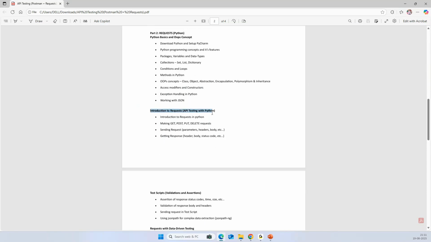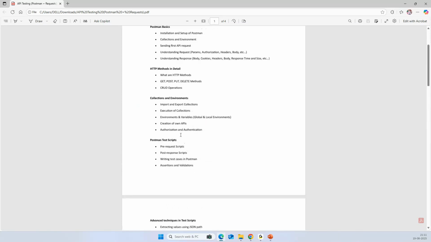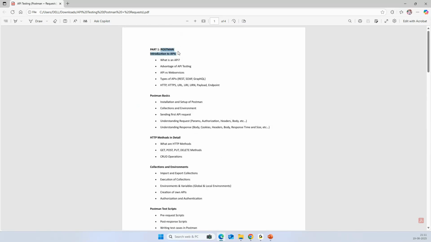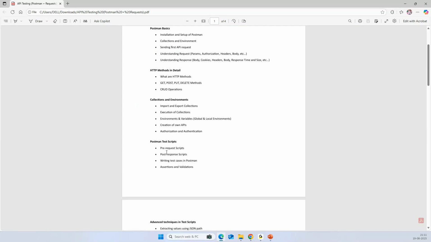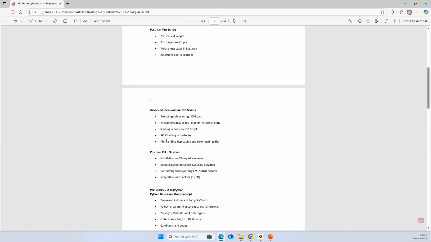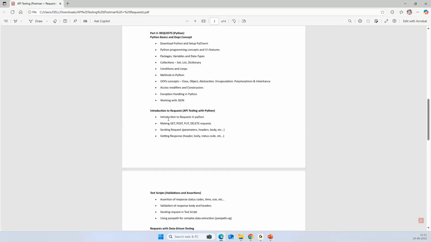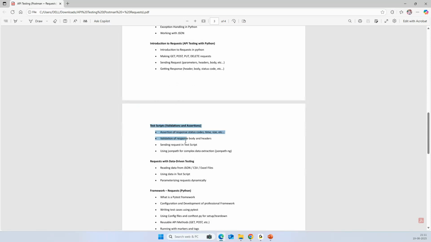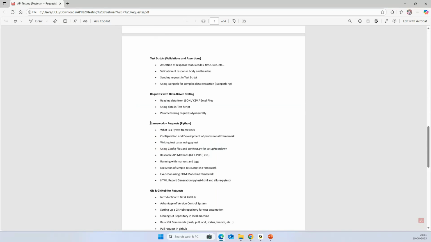And then I'll be introducing you to requests, like what exactly requests is: a tool, technology, or a library? What exactly that is, and how we can make use of requests with Python to automate the APIs. And whatever we will be seeing in the Postman part, like sending the request, getting the response, validating the results, all those things we are also going to see in the automation part, in the requests part. So we are also going to write the test scripts, we are going to validate everything, and at last we will be dealing with the framework,